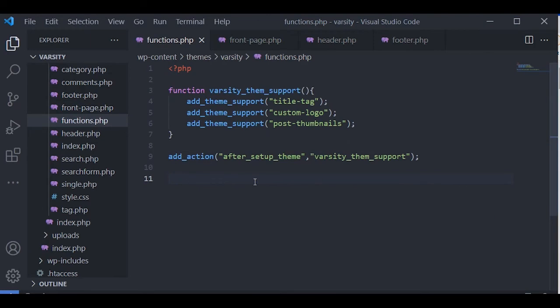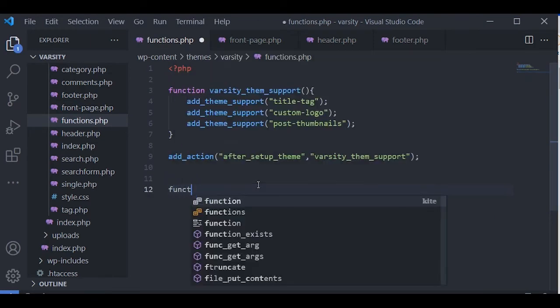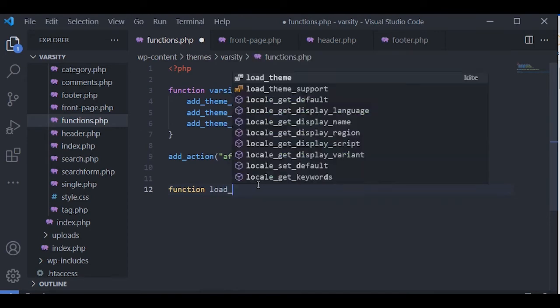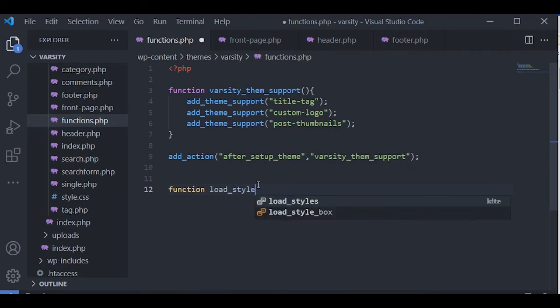For this we need the function file. So we need to create a function, let's call it load style sheet,